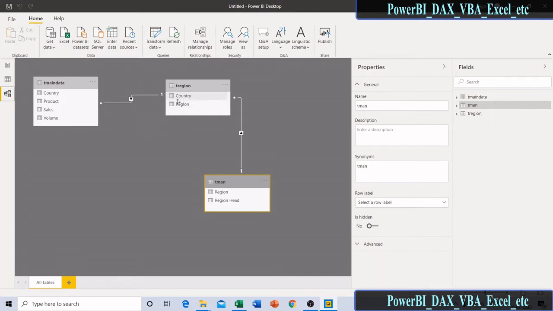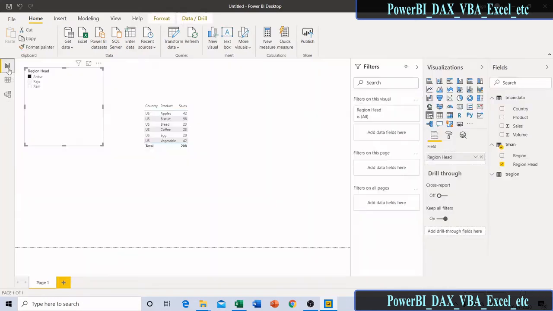Because this region is filtering, the corresponding country column will also get filtered, and this country column is related to this country column. So this country column also will get filtered. Means when I am applying a filter on this table, because of this automatic filter propagation, this table also will get filtered. Okay.